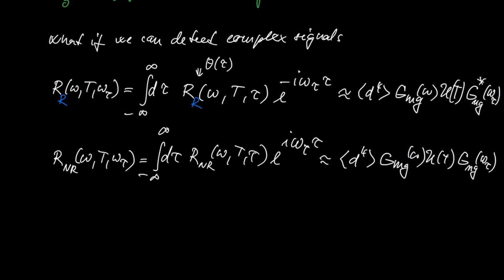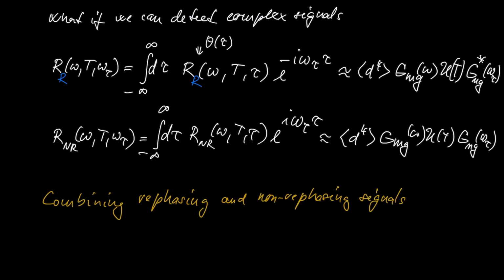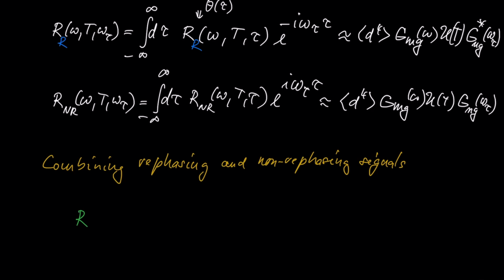So combining these two together, we'll get an absorption line shape on the most right hand side. So combining rephasing and non-rephasing signals. If we do it with equal weight, that is rephasing pathway Fourier transformed like this, and non-rephasing pathway Fourier transformed like this, this should give, if you look at it, it's a sum of contributions that are the